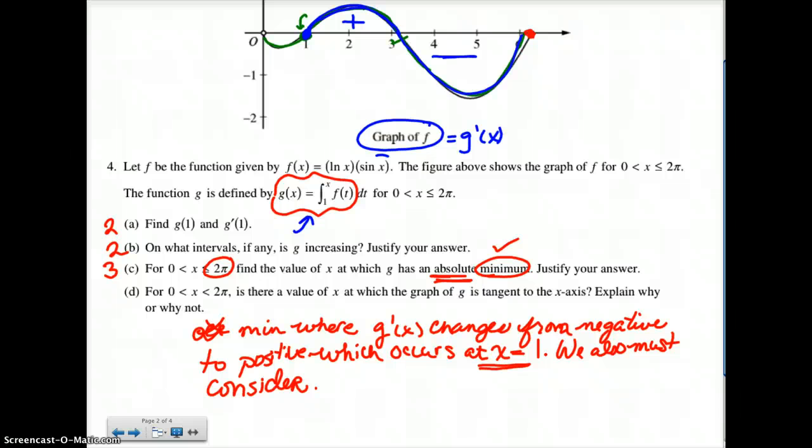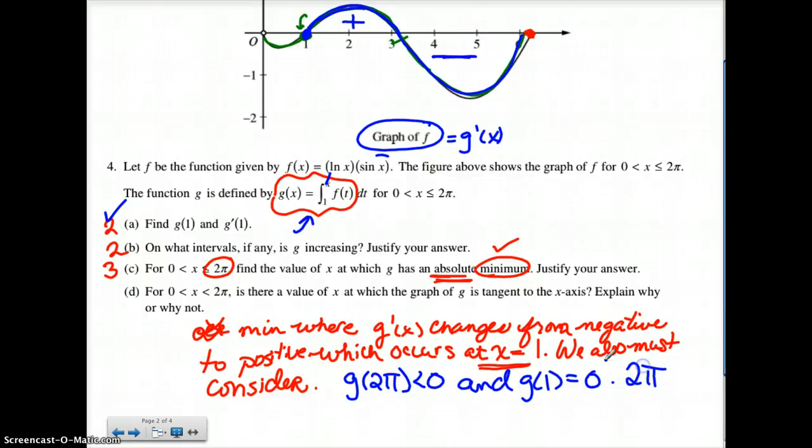You don't have to explain all that. You can just say g of 2 pi is less than 0. You could again say because I'm accumulating area, there's more of it under than over. You could give some sort of an explanation with less thans and greater thans, but really if you just say that g of 2 pi is less than 0 and g of 1 equaled 0. How do I know that? We did it back up here. It integrates from 1 to 1 and gives 0. So since g of 2 pi is negative and g of 1 is 0, x equals 2 pi is the absolute